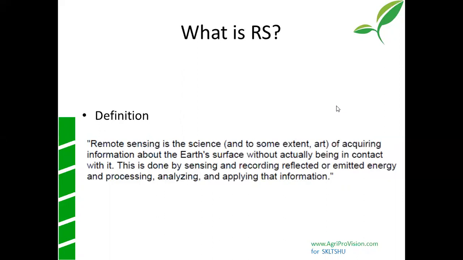The simplest way to explain it: if somebody wants to see how you are doing, for example, we are in the COVID-19 scenario. I want to see how my class is doing, so I want you to come through a WhatsApp video, for example. So I am trying to see you, and I can see how you look and how you are doing, but without coming in contact with you. I'm not even there to actually see you, but we are in a position to respond back. This is what is called remote sensing.